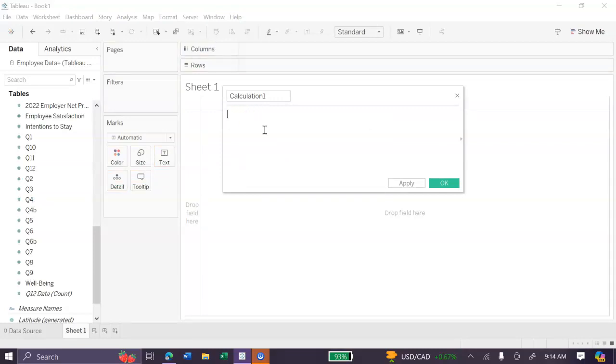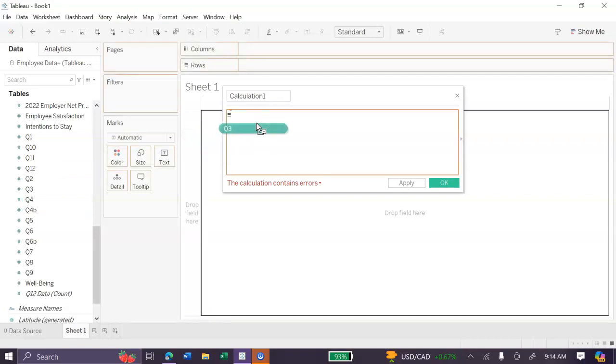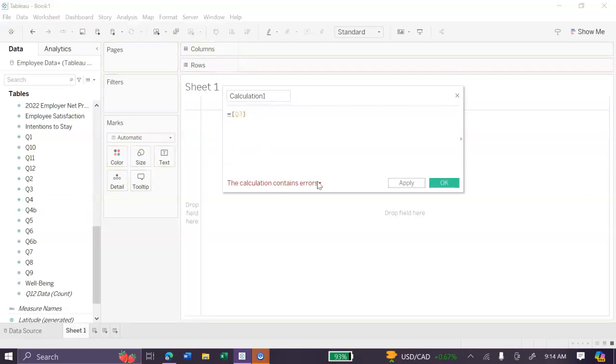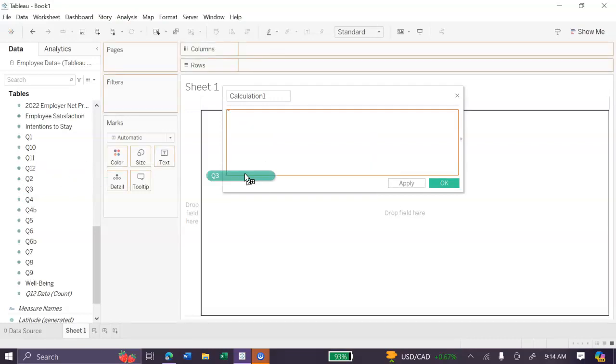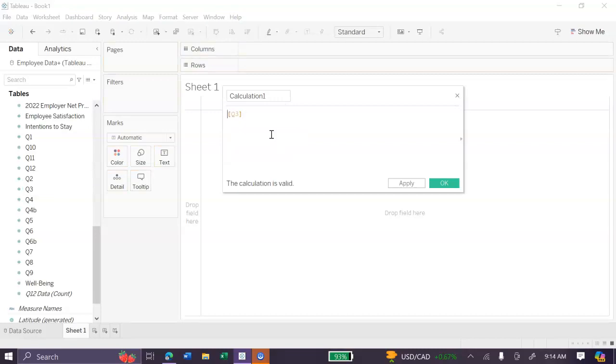Something else I want to point out is, some of us might be used to Excel, but make sure not to use the equal signs and then try to drag it or type it, because it will say this calculation contains an error, and that's just the equal signs. So once you have that, let's start with my calculated field. Yet again, yours could be whatever you're working on. Mine is Q12 data, so I'm working on something called inclusiveness. I'll just make a quick equation here,